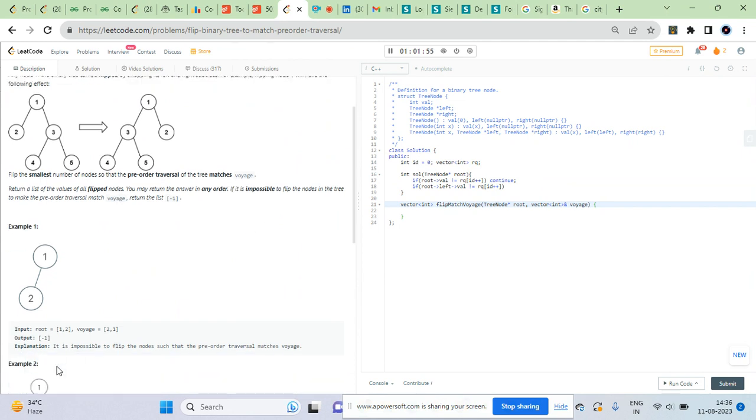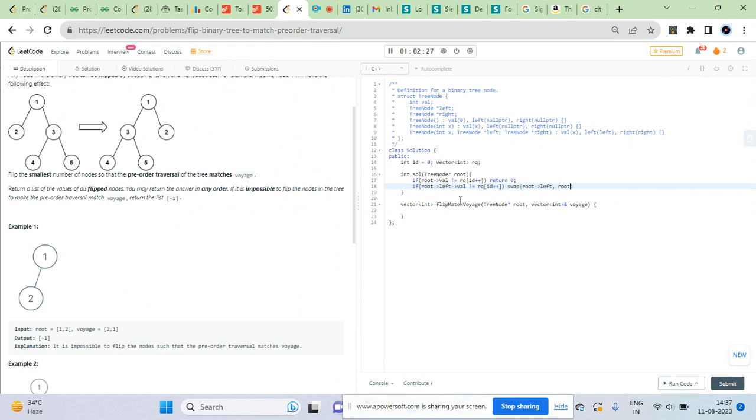Do a pre-order traversal on the tree. This is how it will look. I'm just completing it. If you found the value not equal, then return 0. If you found the value equal, but your left value is not equal to the next value, let's say 2 is not equal to 3, what do we do? We flip, and we flip in a way that we just swap root left,